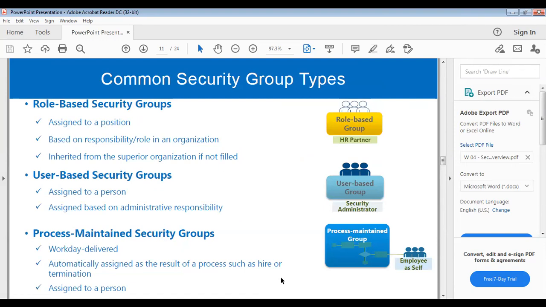See, even role based or user based or any security groups are provided by Workday only. Depending upon your designation or the role, you'll be assigned to a few of the security groups. For example, you are acting as a manager, like an HR manager. Depending upon the role that you're playing, you'll be linked to some role-based security groups.